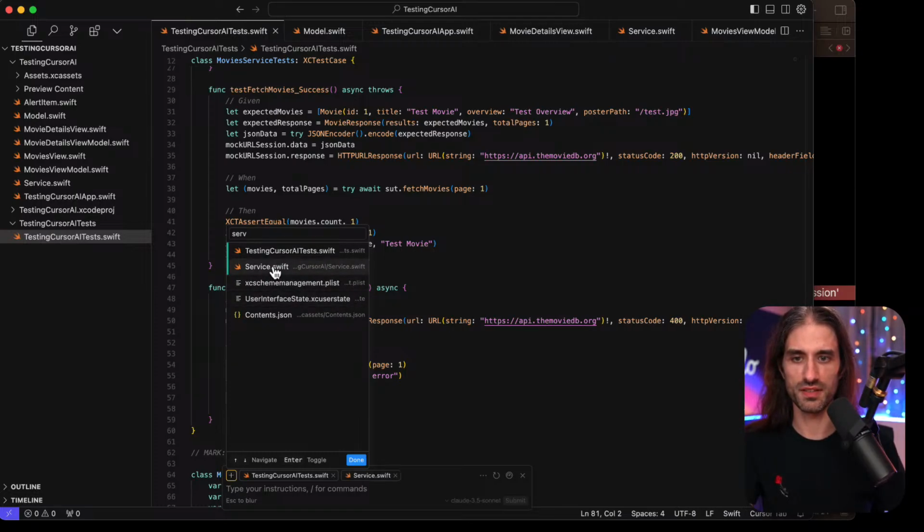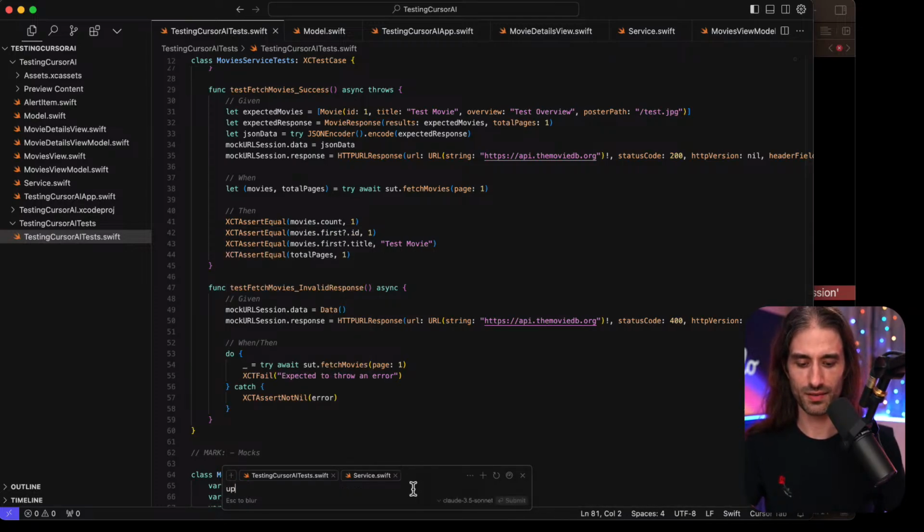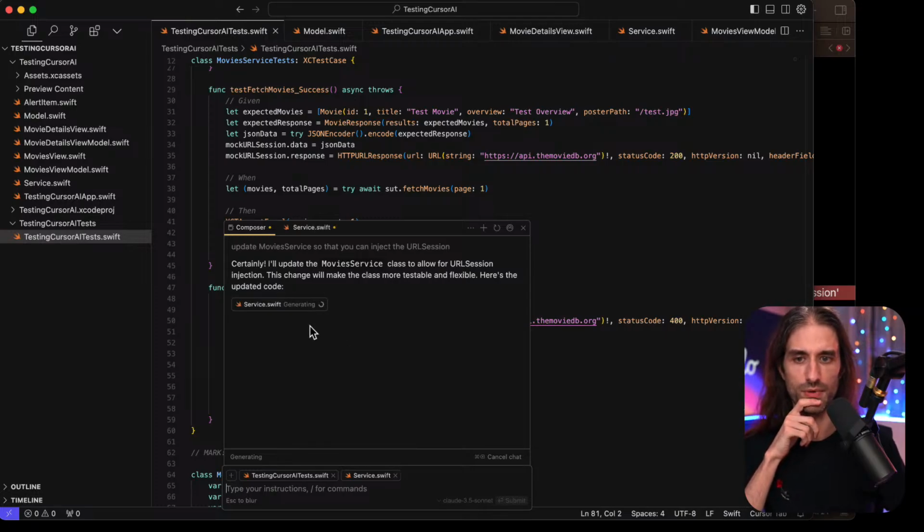The file is called service. That's why this naming scheme I was saying is not optimal. So update movies service so that you can inject the URL session. I'm gonna submit it. So here I'm using the composer.